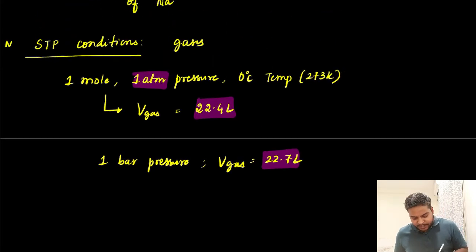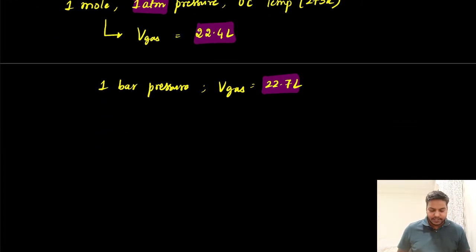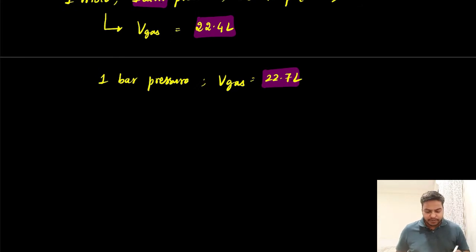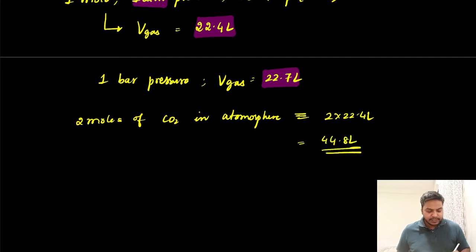Even in the books, if it is given as NTP condition, it is one and the same. So you take NTP or STP as the same condition, students. This condition would be very essential for problem solving, especially when you have to convert moles into volume. For example, there is 2 moles of carbon dioxide gas. So 2 moles of gas represents 2 times 22.4 liters of carbon dioxide, which is 44.8 liters. So you should be able to relate number of moles to the volume or volume to the number of moles depending upon the question.